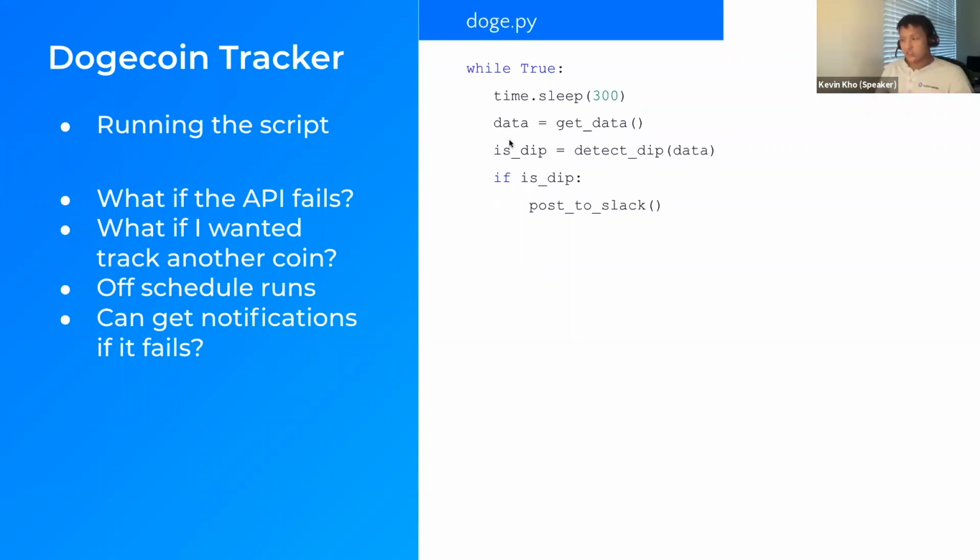And again, with negative engineering, there are many things that can go wrong, right? Like what happens if the API fails, hitting the CoinDesk API? Well, maybe we could code retries ourselves, right? Or what happens if we wanted to track another coin instead of Dogecoin? Well, I'd have to spin up another process, change Doge there, and then run that separate process. What happens if we wanted off-schedule runs besides this, like we wanted a run now, right? Instead of this 300 seconds, I'd have to go to that box, take out this while loop, run another